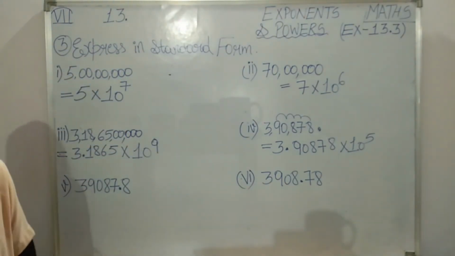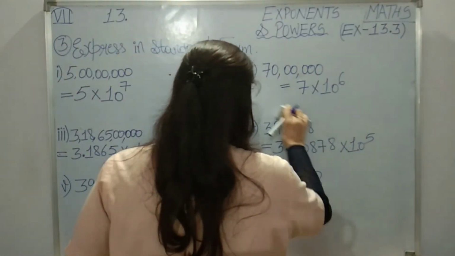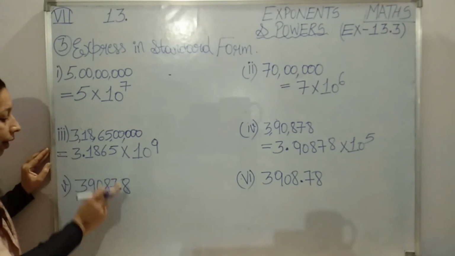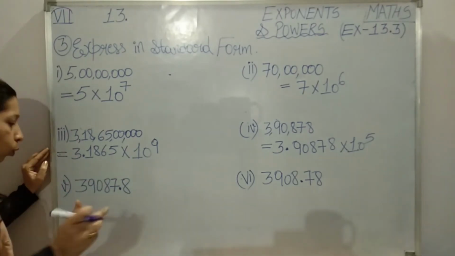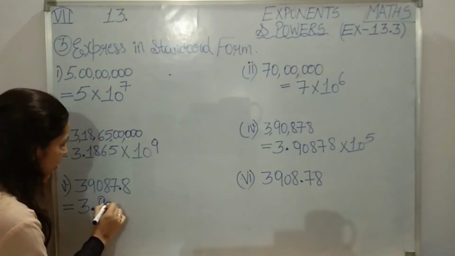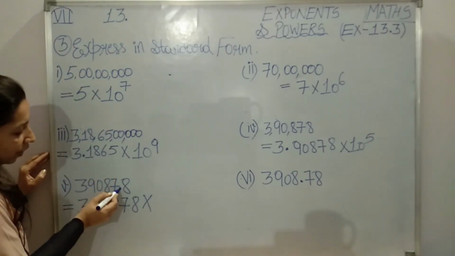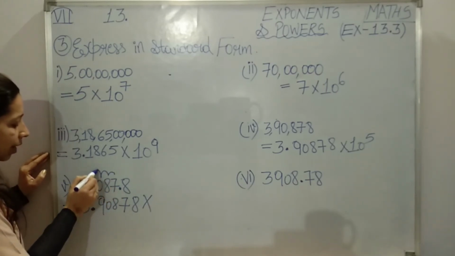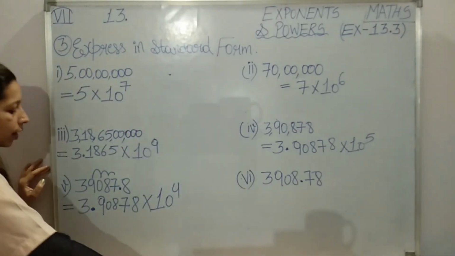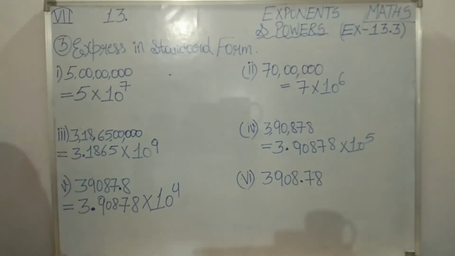Got it, students? Okay, now let us see a few more questions. I hope my explanation is clear to you. Now students, again a different type of question. Here the point is already there, but it is just before the last digit. We have to do the same thing. Anyhow, we want the decimal just after the first digit. So let me write like this. Now let us see how many jumps it will take. If it is here, then 1, 2, 3, 4. So 10 raised to the power 4. Got it? Now automatically it will come 3.90878. Got it, students? Okay, one more point that also I'll explain.